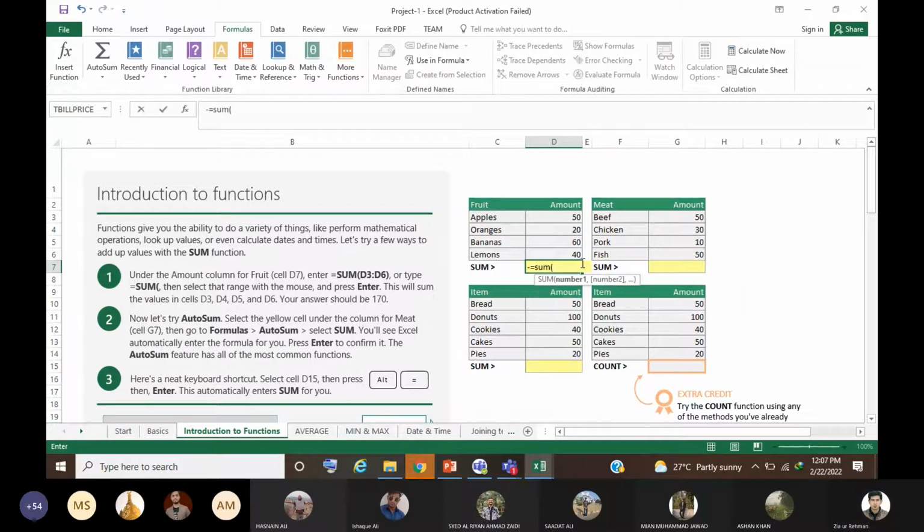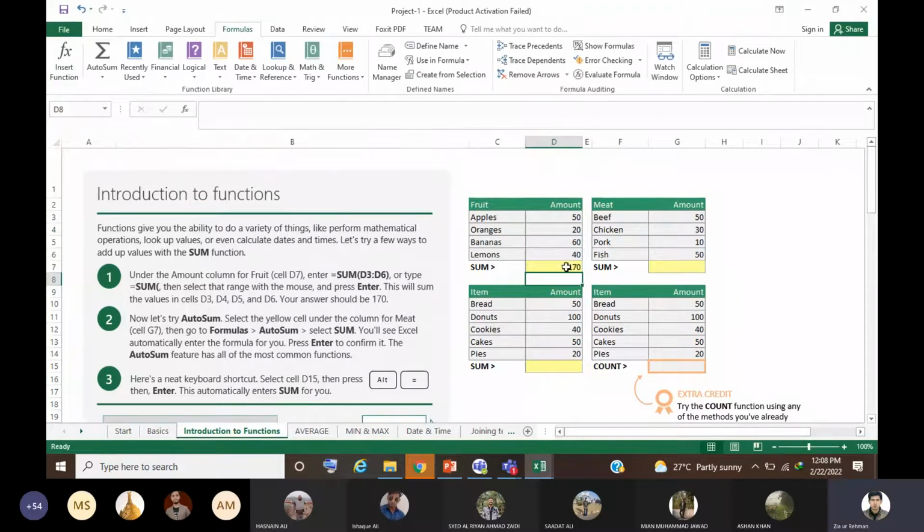Or instead of going with this, you could go with SUM, and then select the range. Range means start from here and go till here. How could you navigate? One way, obviously, you could navigate through the keyboard, through the mouse, or you could also write the cell reference. Let's say if you navigate through the mouse, click here and drag it till the end, like this is the end, I will drag it till here. And then obviously you end the parenthesis. Yes, so now you see that it has added all these values.